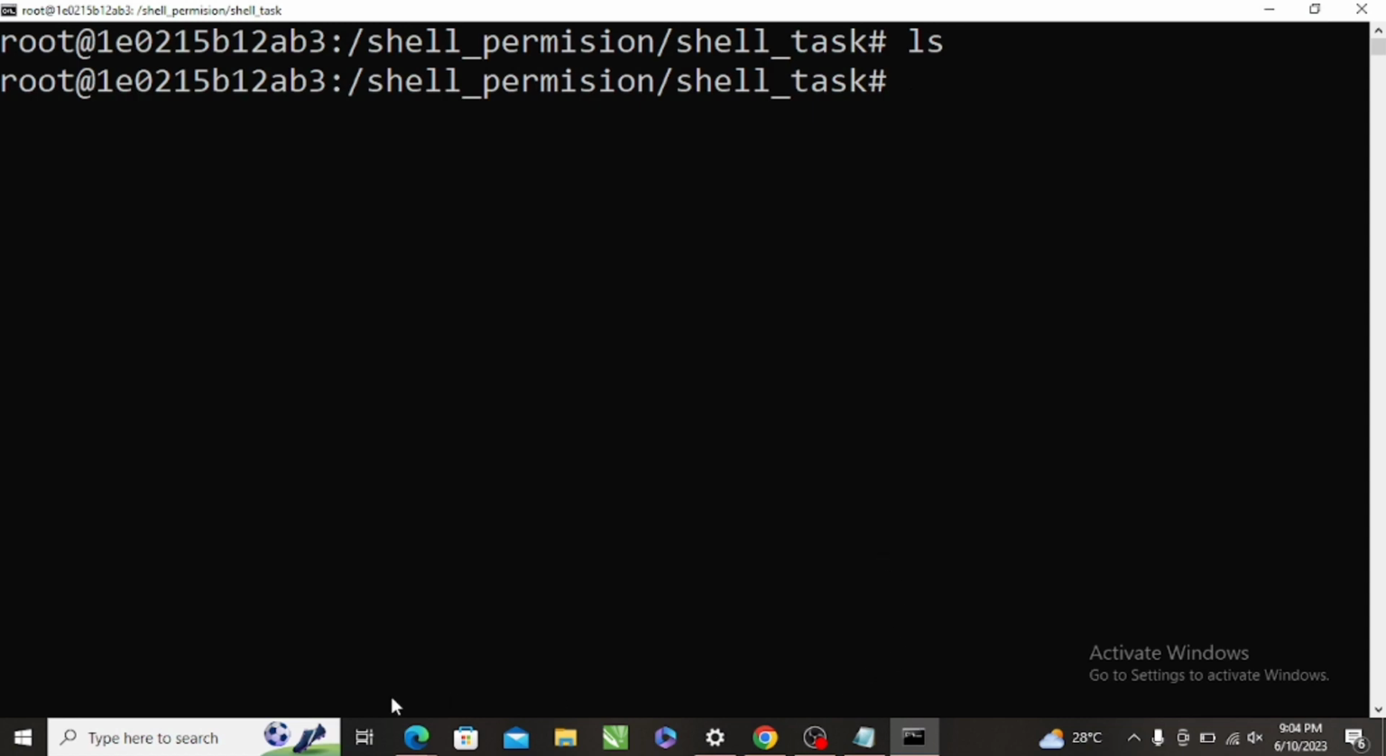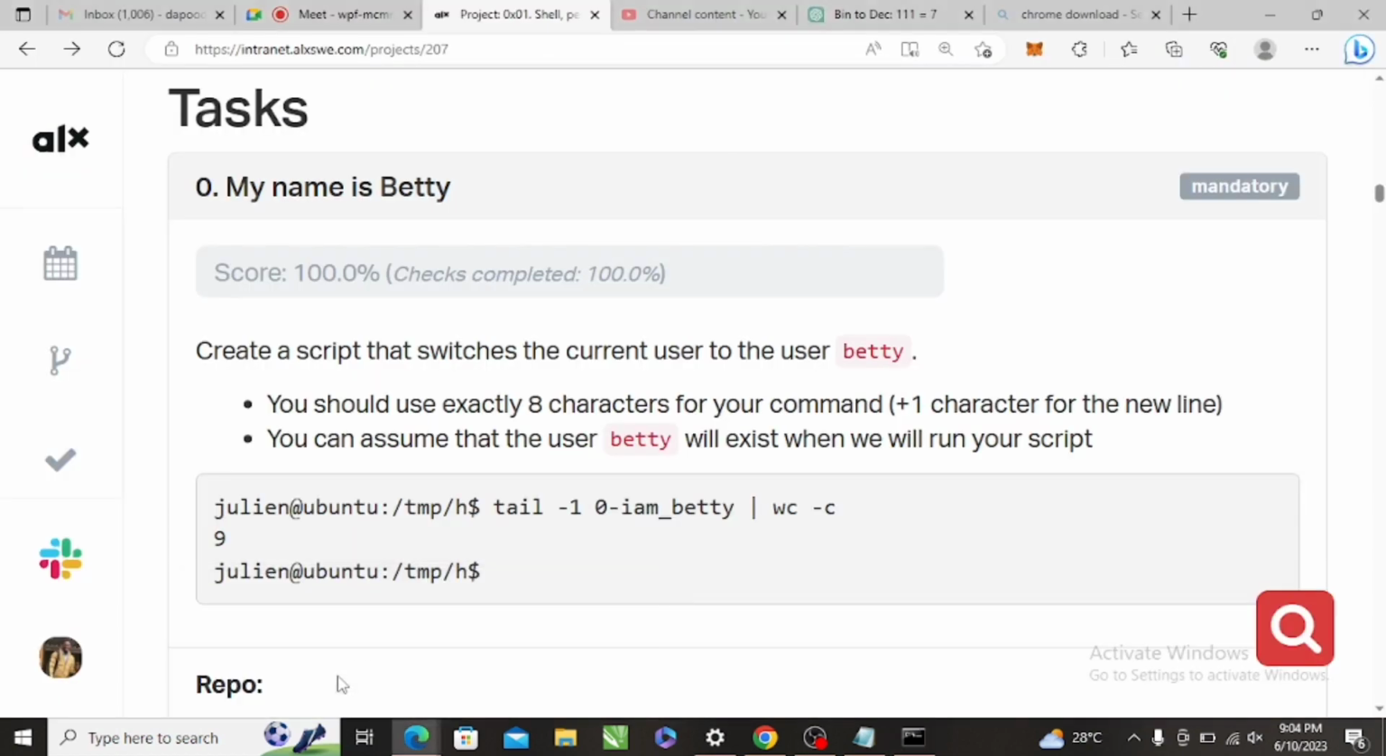It says create a script that switches the current user to user Betty. So a script that switches the current user to Betty. All you need to do is su Betty, and then su Betty would